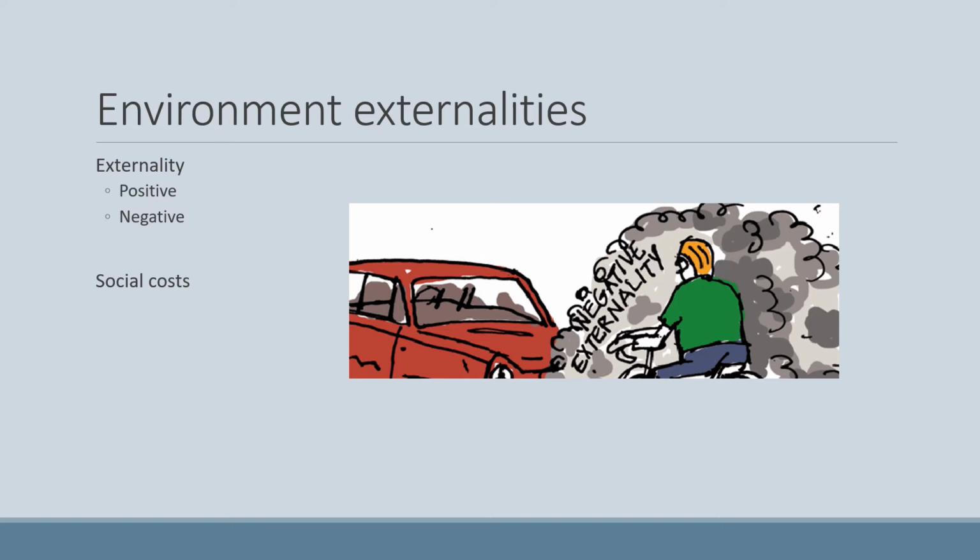Social cost is the total cost of economic activity, both the individual cost and the spillover effect on third parties. So when we look at social costs, we're typically looking at the private cost of a company plus any externalities. And we're going to talk about how some of these externalities actually get added into our cost.